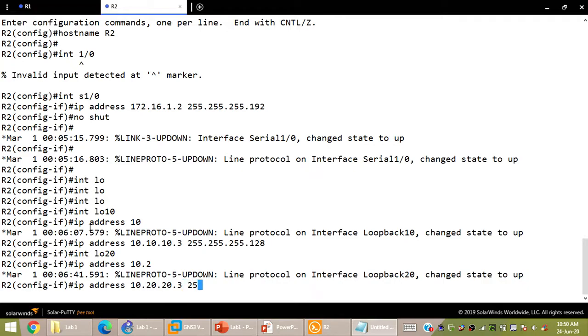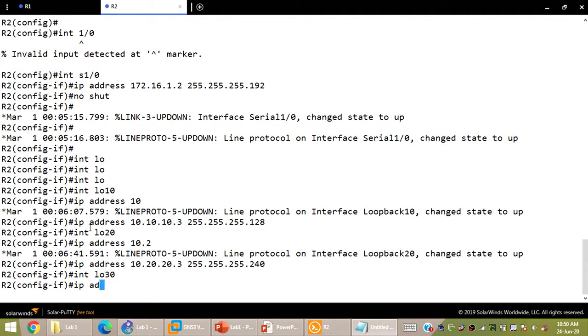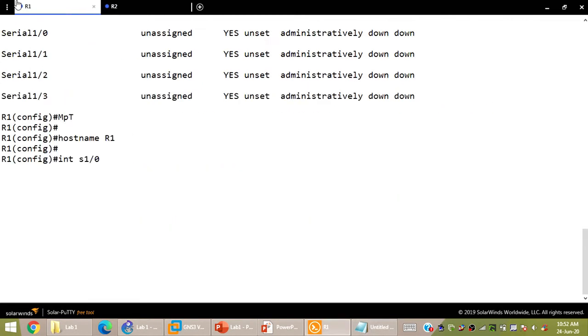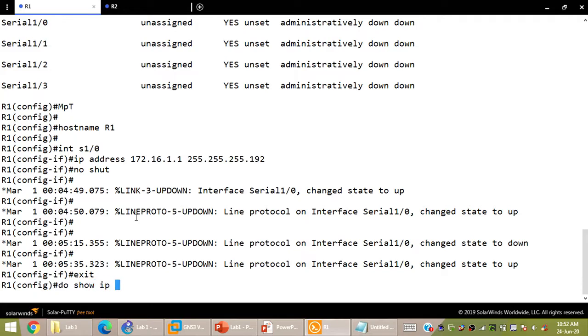You can see loopback 10 has changed state to up, and now 255.255.255.230. Similarly, I'm just going to type interface loopback 30 and IP address 10.30.30.3 with subnet mask, yes, you are getting it correctly, /29 is getting converted to 248.